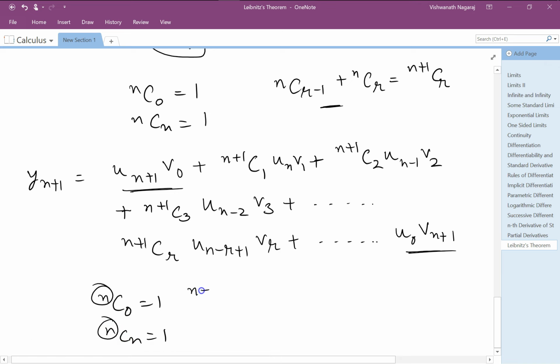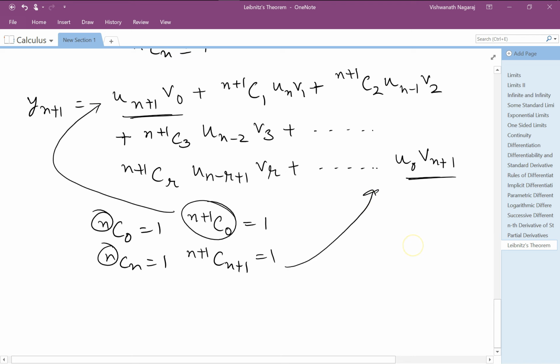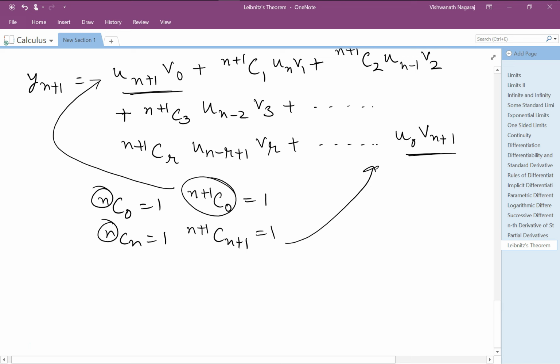So which means we can replace it with n plus 1 c0 and n plus 1 c n plus 1, right? These two are also equal to 1, right? So what we'll do is we'll put this here and we will put this here. Then the pattern will match perfectly. Yes. So y n plus 1 equal to